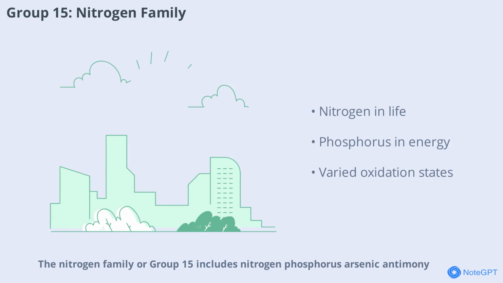The nitrogen family, or Group 15, includes nitrogen, phosphorus, arsenic, antimony, and bismuth. Nitrogen is vital for life, forming the basis of proteins and nucleic acids. Phosphorus is essential for energy transfer in cells. The chemistry of Group 15 elements involves a variety of oxidation states and compounds, making them important in both biological